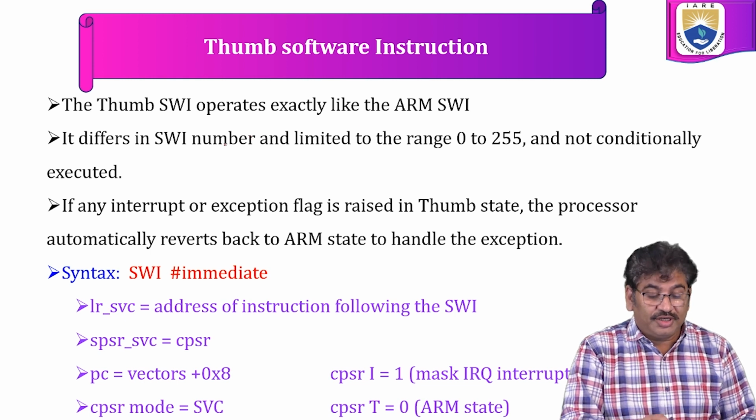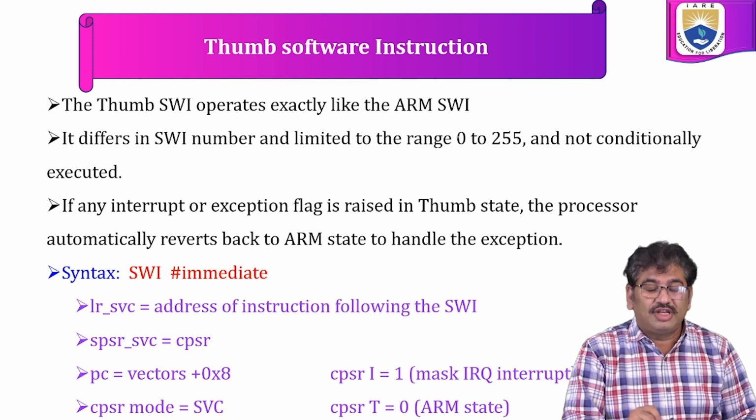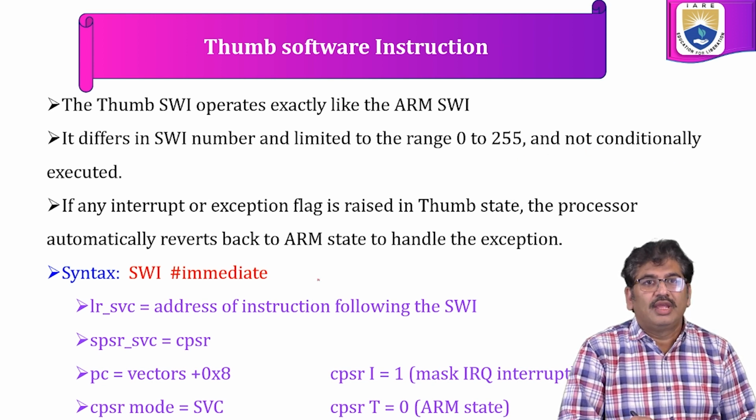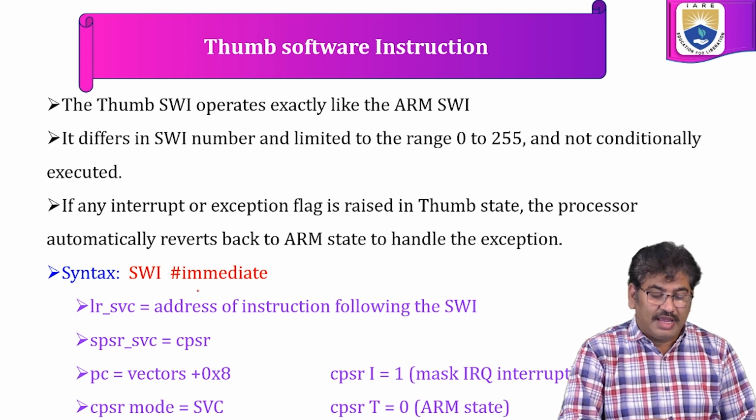Thumb software interrupt instruction. The Thumb SWI operates exactly like the ARM SWI instruction. It differs in that the software interrupt number is limited to the range 0 to 255 and it is not conditionally executed. If any interrupt or exception flag is raised in Thumb state, the processor automatically reverts back to ARM state to handle the exception. The syntax of the instruction is SWI hash immediate,